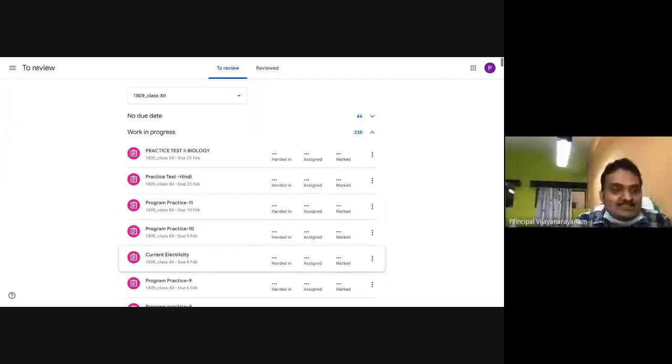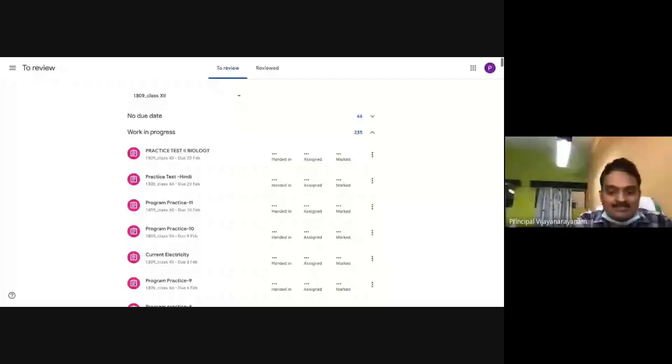That is why we have to return all the work, or at least download all the work and remove it from the drive. There are two ways. Either remove it from the drive, but the moment you remove it, you cannot share it in your next class, and the teacher will have to keep searching for when the assignment was submitted. So when you remove the file, it is better to return it to the student's file. Once evaluated, it can be returned to the children. If it is not evaluated, take some time, finish and send it back to the children.